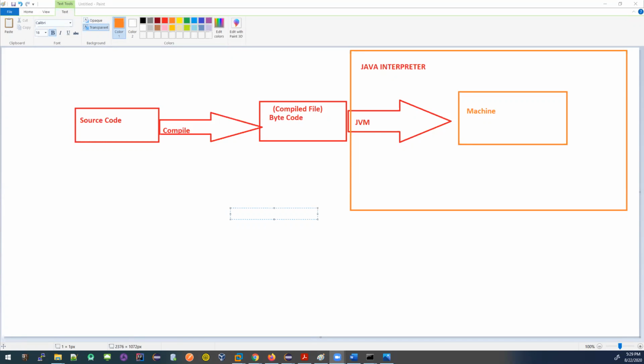Okay, Alamgir asked the question: when you use an Android system, do Java or the JVM have any role? Yes, the Android system also has a JVM. Otherwise, how would you execute all the Java code? All those applications which are written in Java, how are they executing?